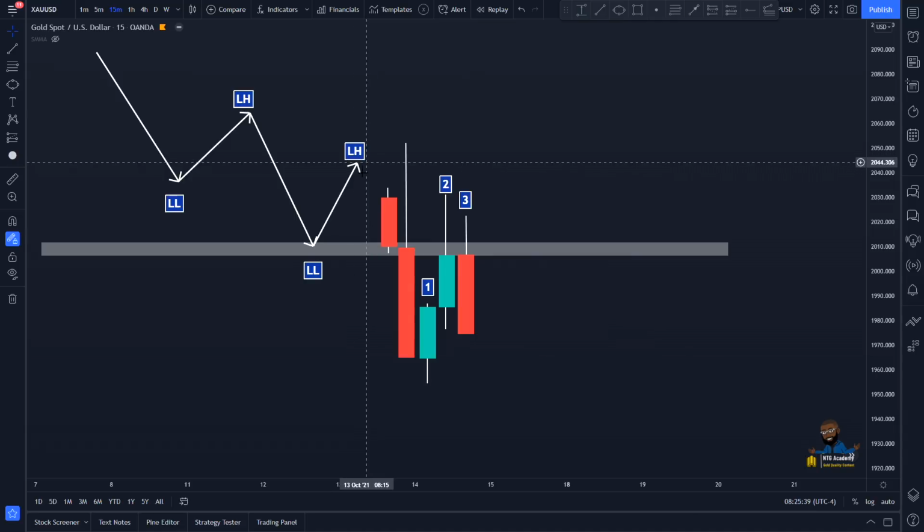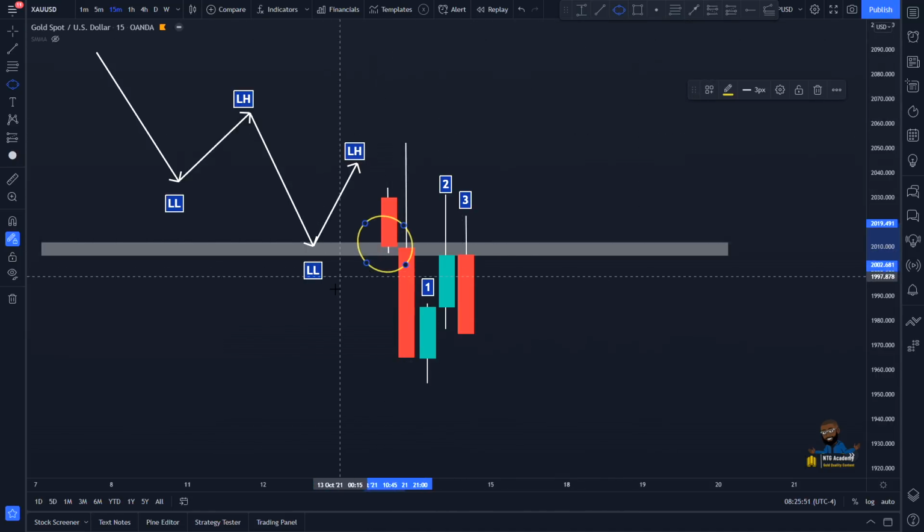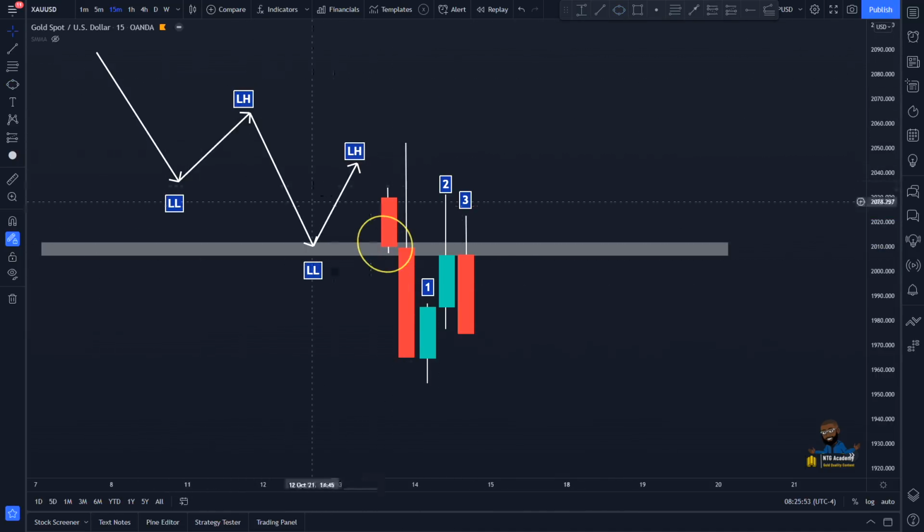Because I'm looking at market structure and I'm seeing that it's in trend. It's in a strong bearish trend. So I don't want to go against that trend. Like the saying goes, the trend is your friend. You don't want to go against a strong trend and just start buying. It's best for you to wait